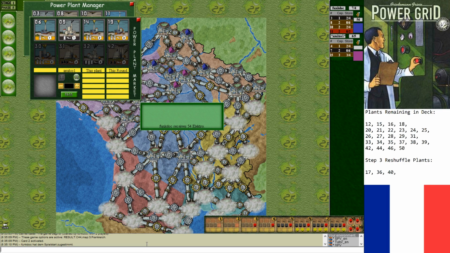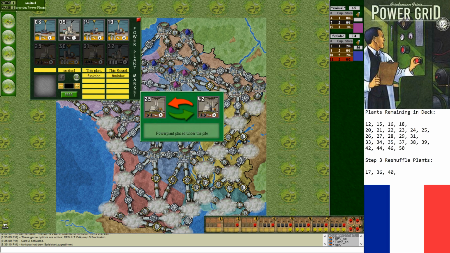Did not expect my opponent to build above me. Well, they had to remove the 5 from the market. That's a good play for them. Anyway, 31, 32...